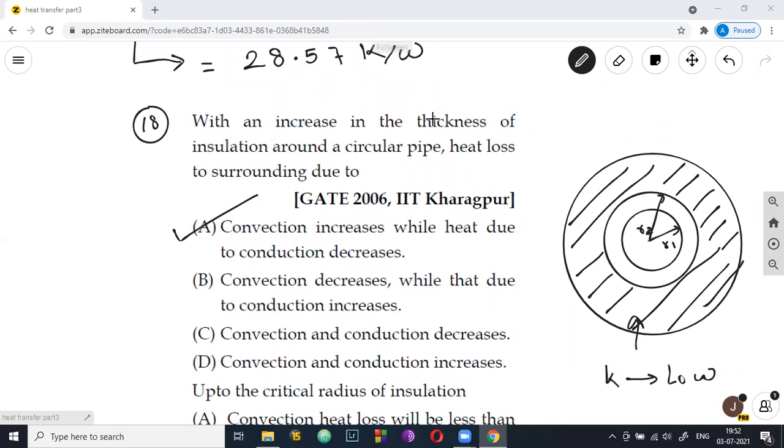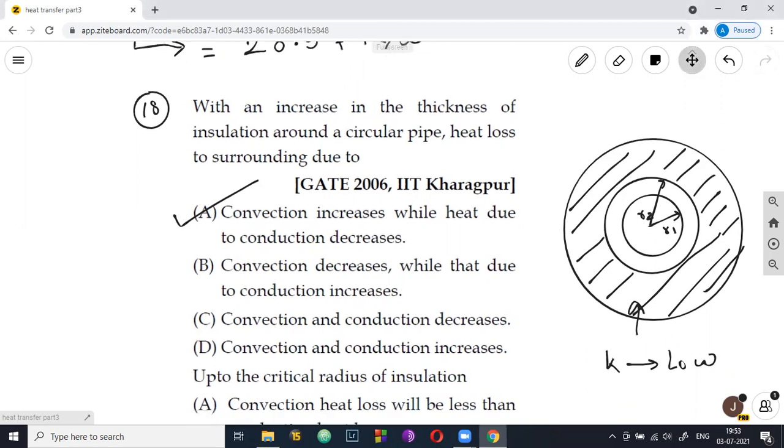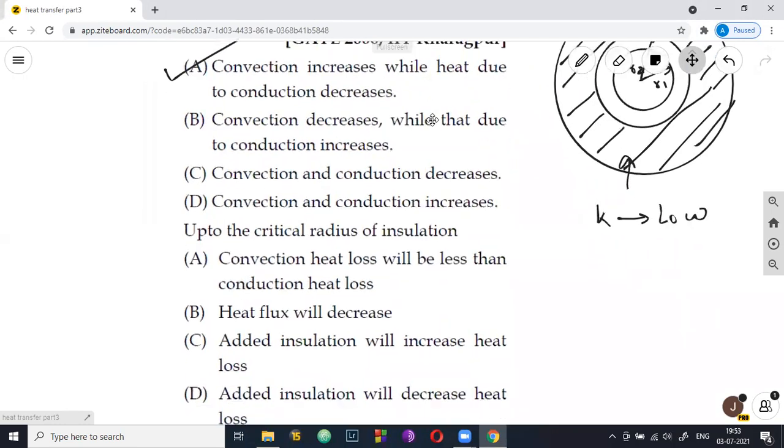Okay. So this is the diagrammatic representation. This is how we actually develop the concept of critical radius of insulation. To get this, how did we prove it out? I've discussed that in the previous session itself. Critical radius of insulation, I've discussed the entire proof too, so that people do not just sit and learn by heart all these scenarios. Okay. So the answer of 18 is this. Now let's go to question number 90.